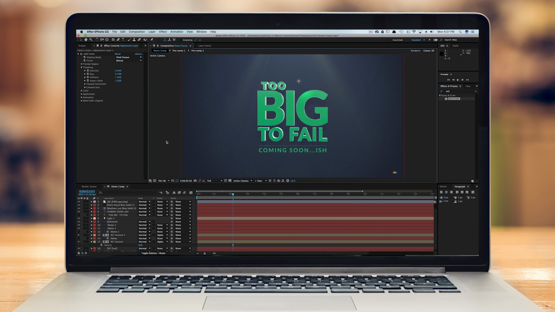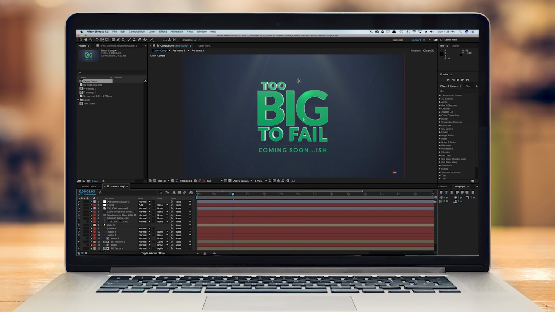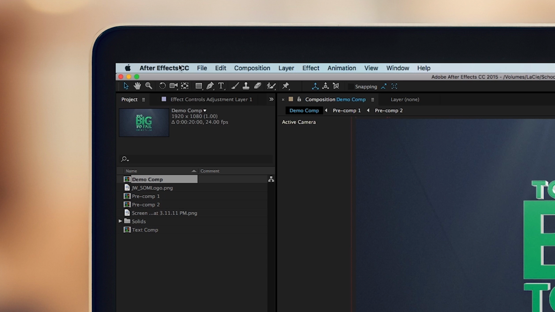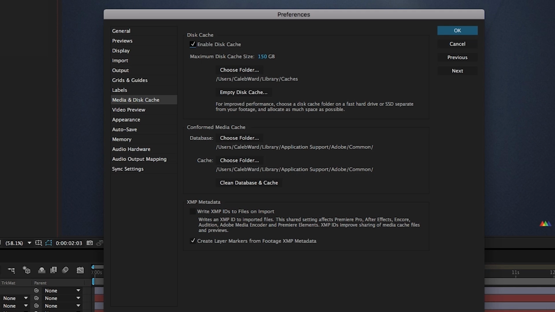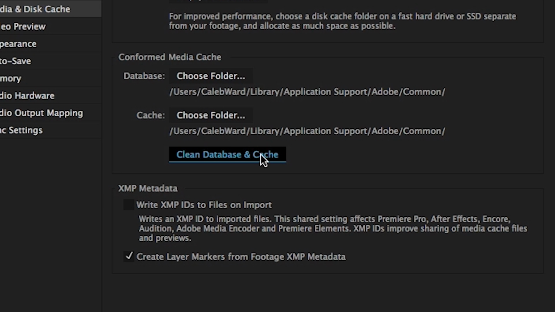Now, it may seem like a silly solution, but one thing that you can do is simply close out After Effects and open it back up. This may only work for a few renders, but it does work from time to time. Another solution that may work is to simply go to After Effects, Preferences, Media, and Disk Cache, and then you can hit the Clean Database and Cache button down here,